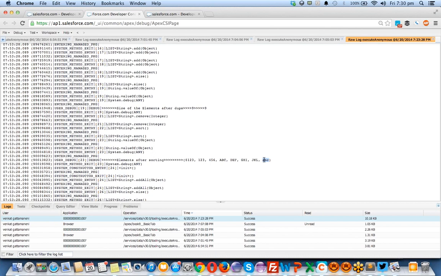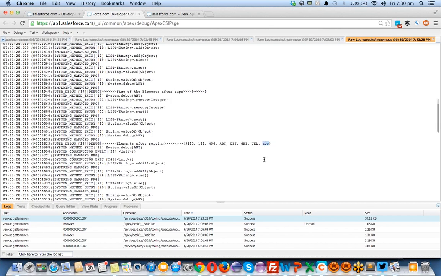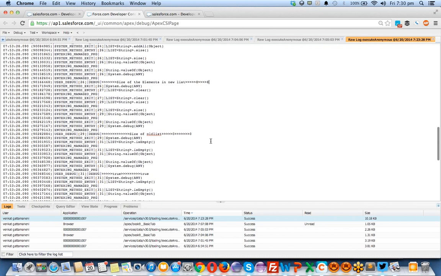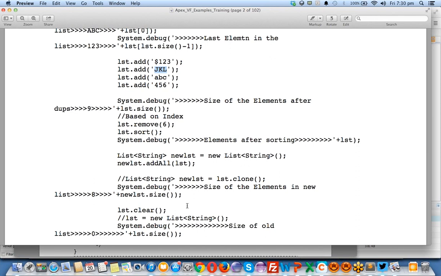Okay, and I have the list of values displayed like this. Okay, and finally my list size is 8 because I had a total of 9 values. I have removed one value called jkl, sixth value. That's the reason it became 8. And size of the whole list, what is the whole list here? This is for displaying the complete new list size.